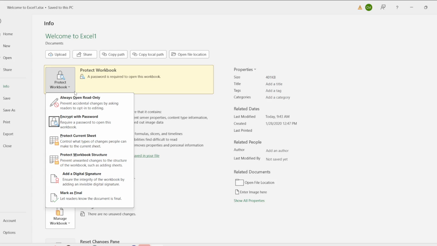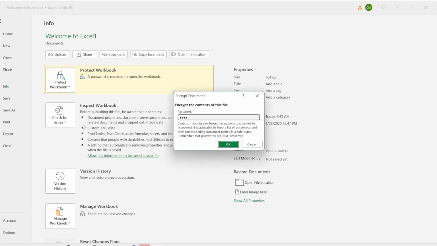access. Next, select Encrypt with Password. This option will prompt you to set a password for your workbook. However, in this case, we are looking to remove existing permissions, so this step will lead us to the next action. Choosing this setting is significant because it helps to secure your document against unwanted changes or access. It's a step most users overlook, but it can make a big difference in data protection.